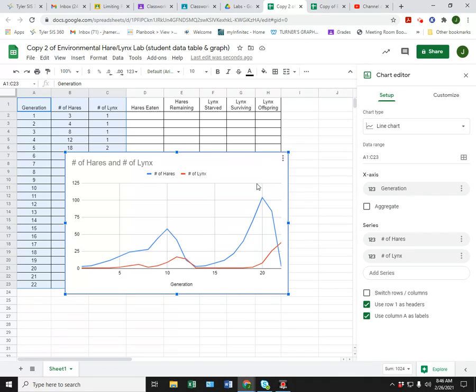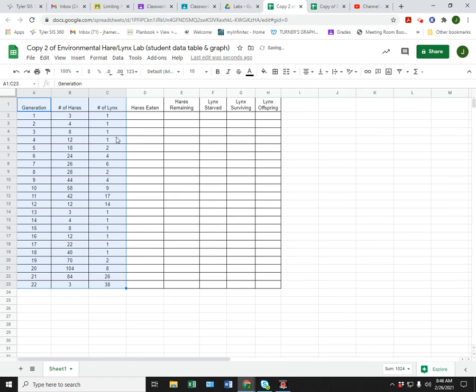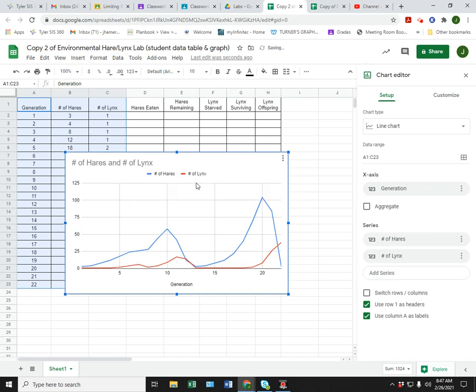If the graph is messed up and it's not working, you can always click on the actual graph and hit delete or backspace. It'll get rid of it. You can try rehighlighting, and then just insert it again. Okay. Now,